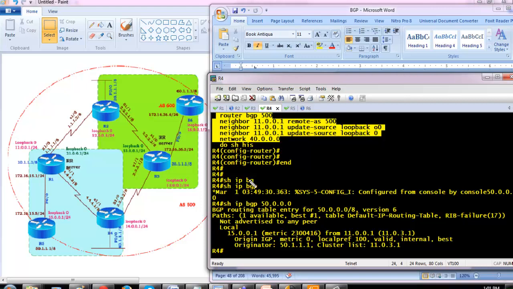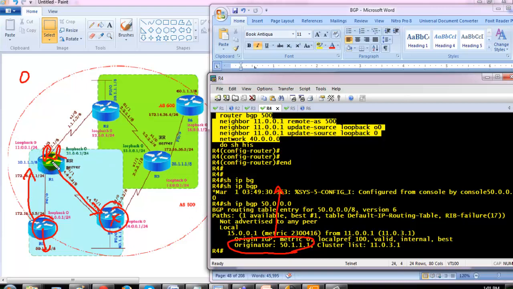Here you can see the originator ID. So the route is originated. Now originator ID is a non-transitive attribute. When you do this kind of scenario, it also advertises with some attribute information, especially when you are doing a route reflector configuration using multiple clusters or even a single cluster. If a route is originating from here, advertising to the server, and the server is going to advertise it back to the client, this client is going to receive the update, and it has the originator ID information, which means from where the route is originated.